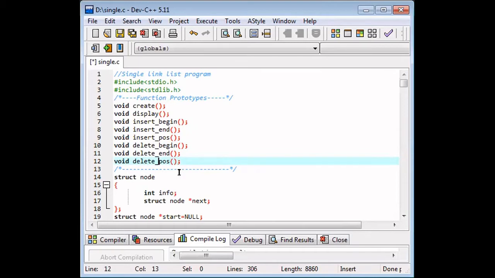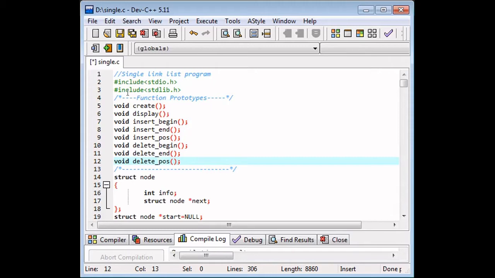But from an exam point of view, you won't be asked such a big program. Only a particular logic; when they ask create, you only need to write the create function. Here we don't write one big program, we write every operation as a function. When they say create, you only need to write the create function. Display, when I call, you need to tell only about the display. So only a part of the program will be asked in the exam.